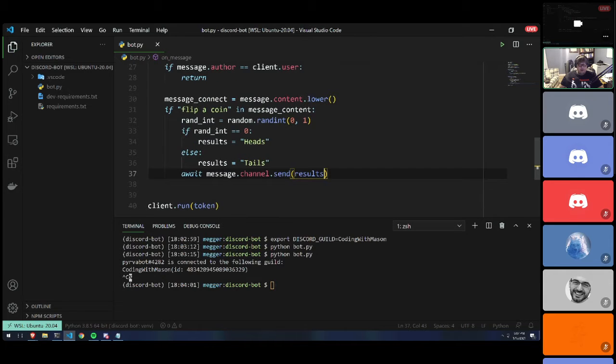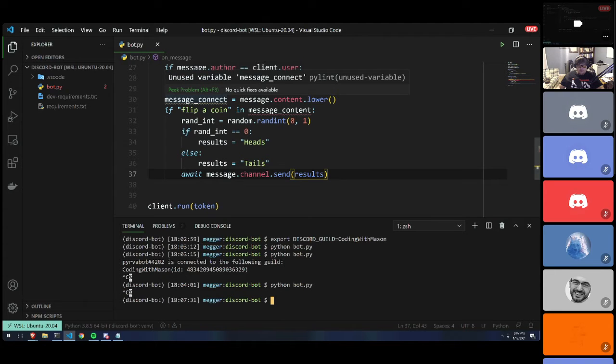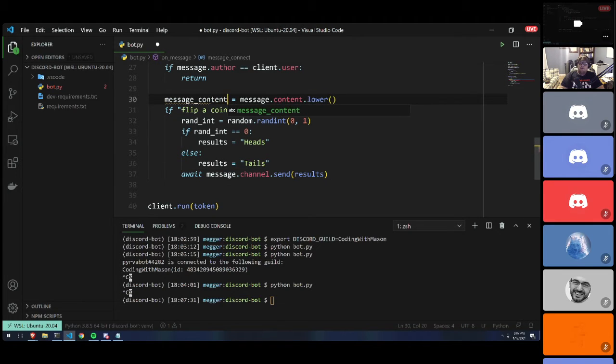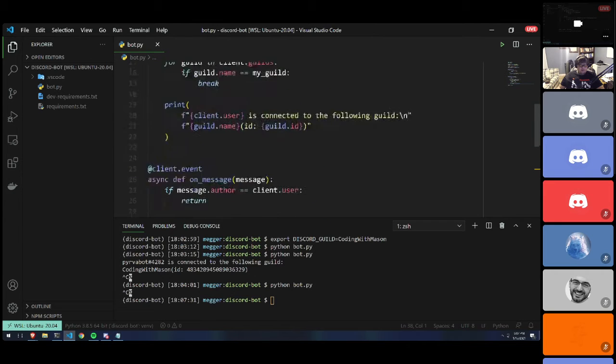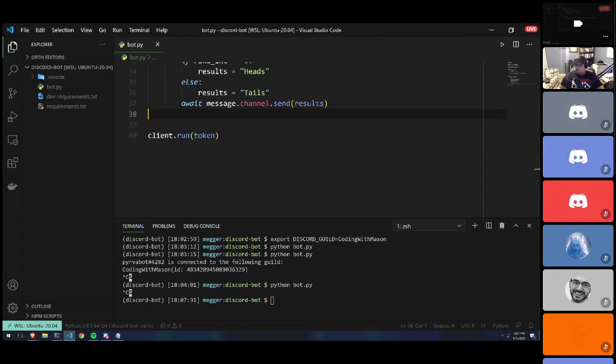And if we do that, let's come down here and run this bot real quick. Whoop, nope, something messed up. I didn't spell it right, did I? I put message.connect instead of message.content. Okay, are we good? Okay, I think we're good. So now if we run this bot again,